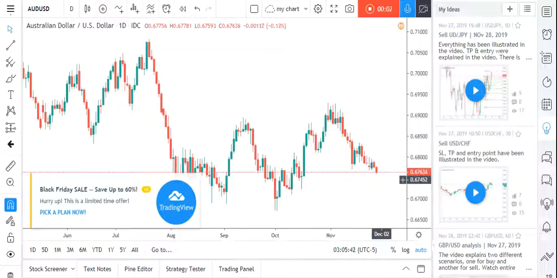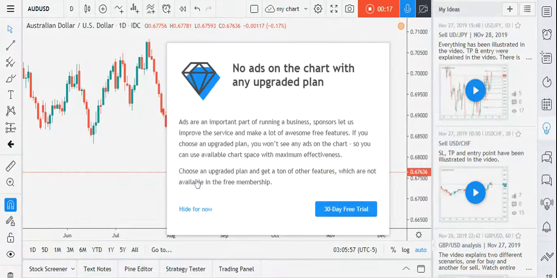Hi fellow traders, I am going to show you a scenario for selling AUD JPY. Before I look at the AUD JPY, let me explain what I can find on AUD USD, because to determine anything on AUD JPY we have to understand the situation